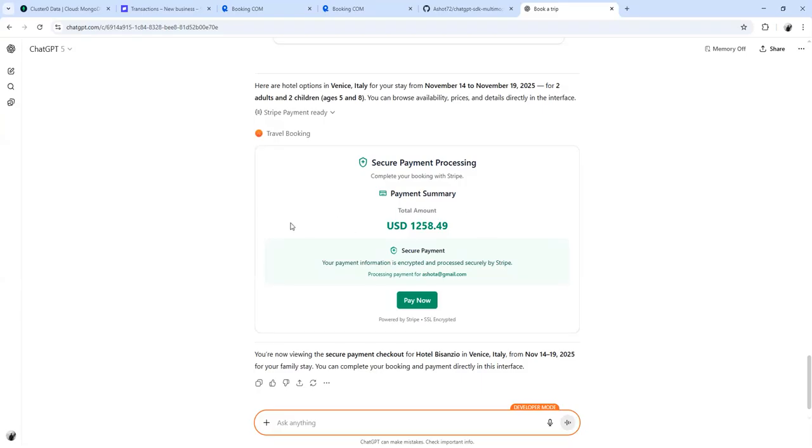The most intuitive experience would be to allow the user to enter their card details and pay directly on the page when they click Pay Now. I've used the React Stripe component multiple times for this purpose. However, in this case, it doesn't work because the control is inside an iframe and ChatGPT blocks this behavior. So we will use a different approach, redirecting the user to the Stripe page to make the payment.